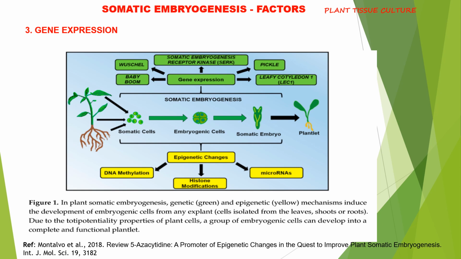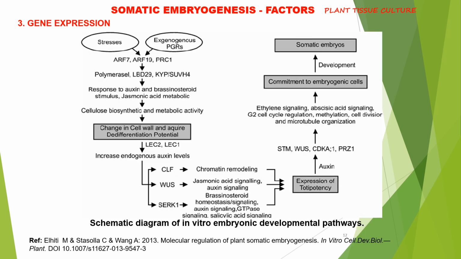Epigenetic factors like DNA methylation, histone modification, and microRNAs of the explant affect somatic embryogenesis. Hypomethylation promotes somatic embryogenesis induction. The presence of auxins and other plant growth regulators and certain stress conditions induces the expression of several genes like ARF7, ARF19, PRC1, which in turn induces signaling by means of a jasmonic acid pathway. It influences cell metabolic pathways leading to